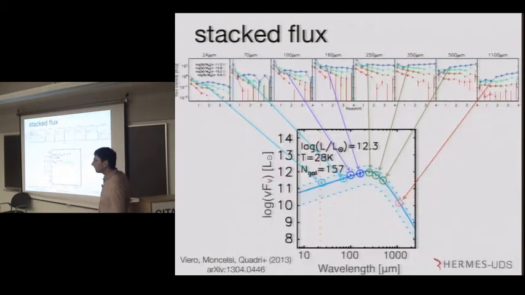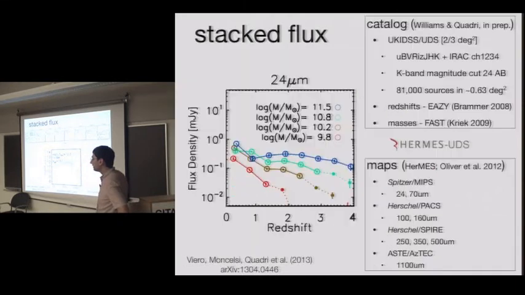What's the Aztec beam? It's 30 arc seconds. No, it's not. It is 25 arc seconds. And what are the filled points? You have two primary circles. That's right. So the open circles are for complete bins, and the closed circles are for incomplete bins. So as you get to lower mass, higher redshift, your catalog is starting to become incomplete.